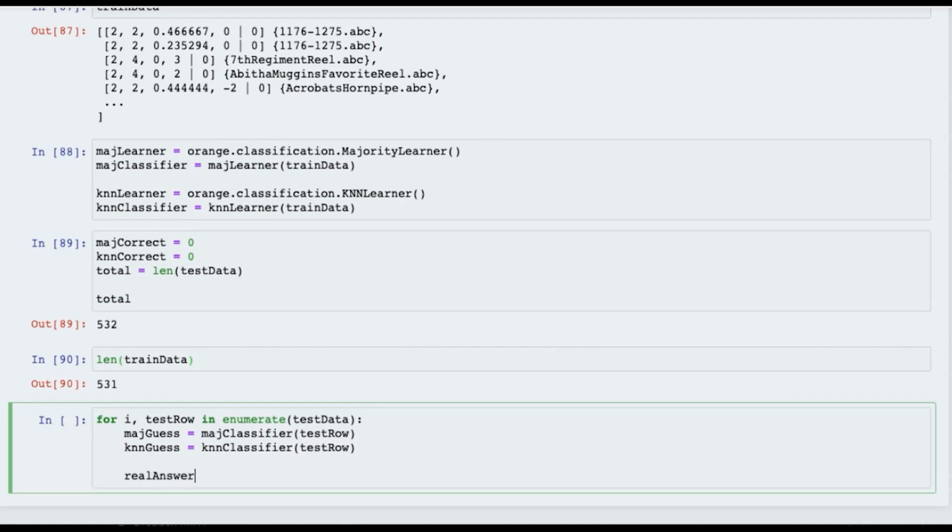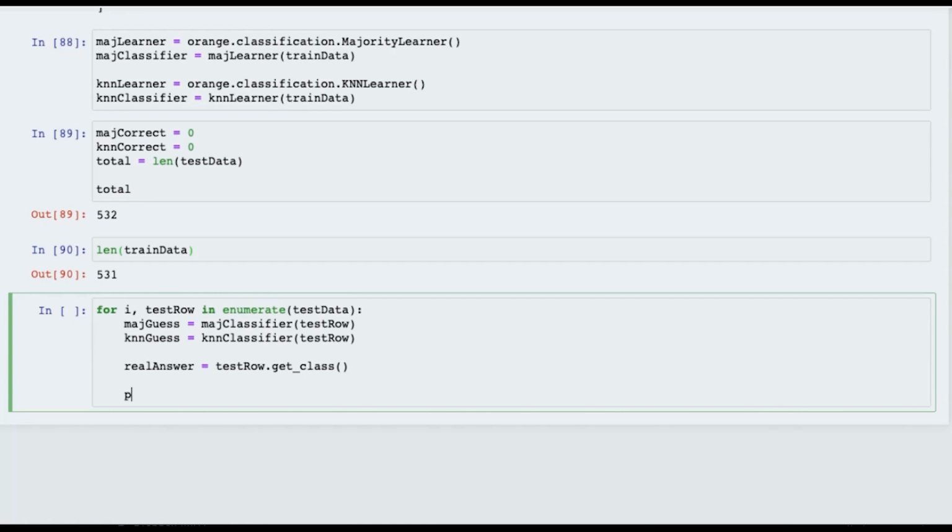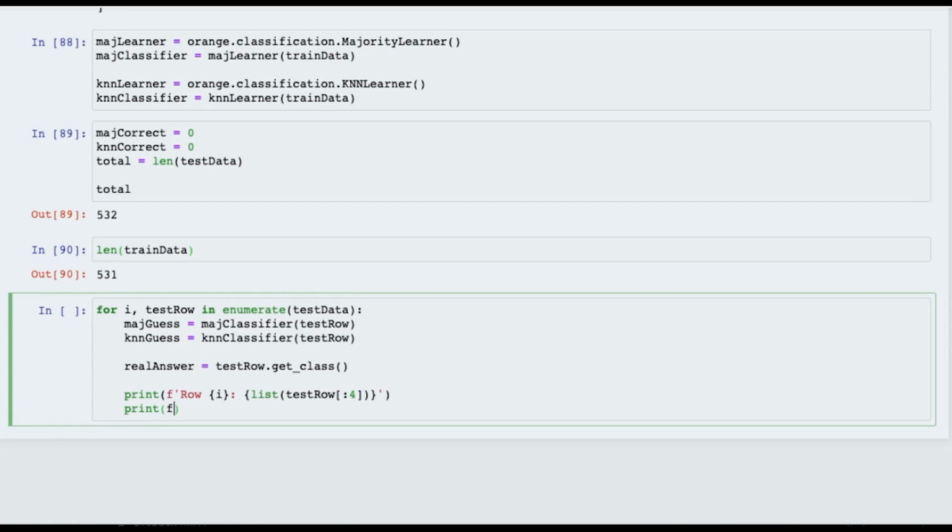And then we get to see, in this case, what the actual answer is, whether it's a jig or not. So that's our real answer. So we know this, but k-nearest neighbor is not allowed to look at this. We really hope the computer's not peeking, otherwise all of artificial intelligence is kind of screwed. Okay, we'll just print out some test data, that the row I is a little bit of the information about our set. That should be good. It will print out that the answer to row I is